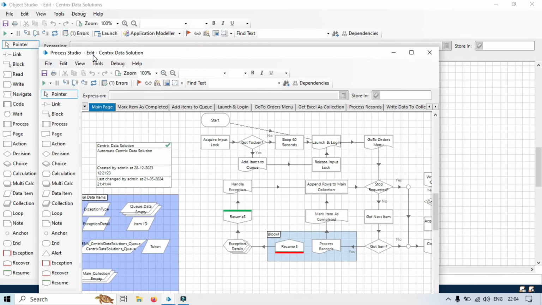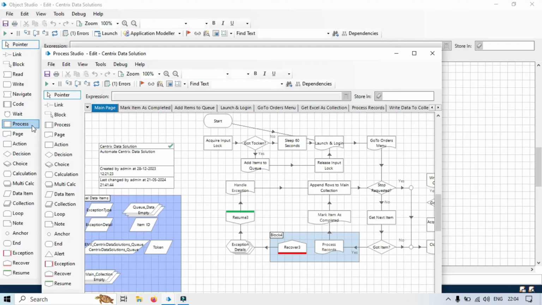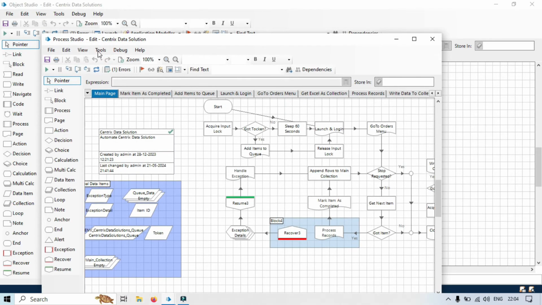So let's go this way. Process here also has page stage, action stage, decision stage, choice stage, calculation stage, multi-calc stage, data item stage, collection stage, loop, note, anchor, and exception stage. So you can see like this, exception stage, recover, and resume.